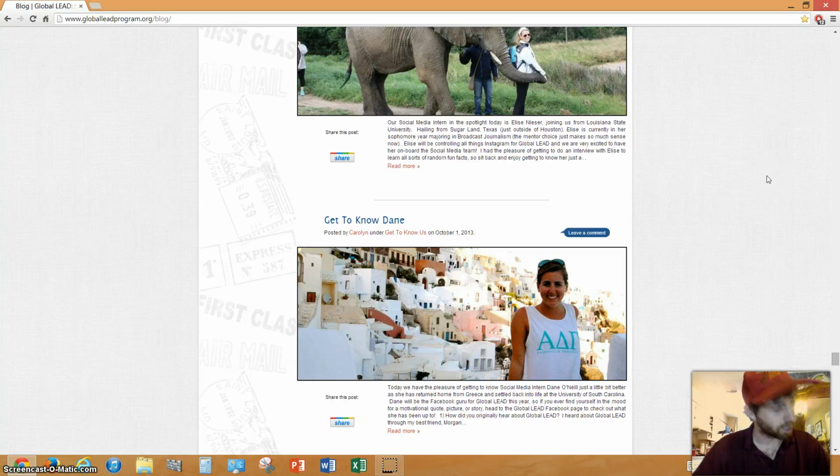Now, a couple of the differences and commonalities of my work group. So obviously students who participate in Global Lead come from all over the country and world. And so you have students coming from small liberal arts schools that have only 200 people in a grade, all the way up to students from University of Georgia, University of Florida, students with tens of thousands of other students at their school studying with them. And so there are people from all different backgrounds and ages.